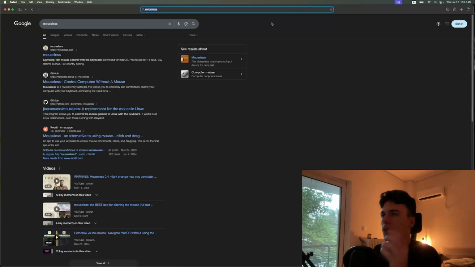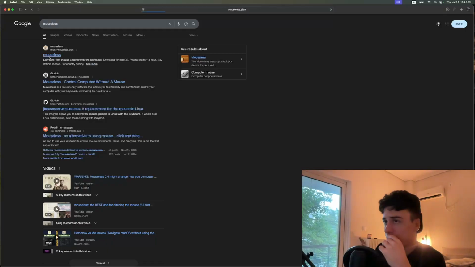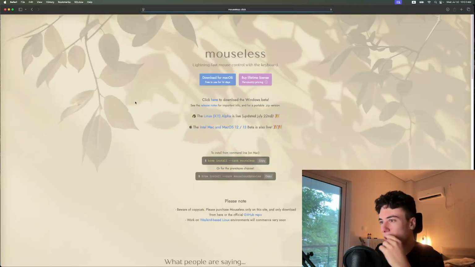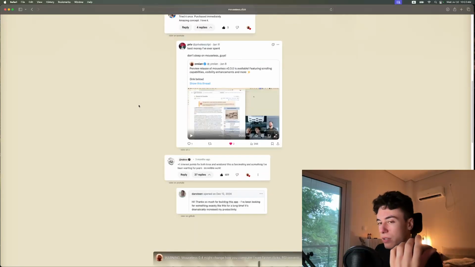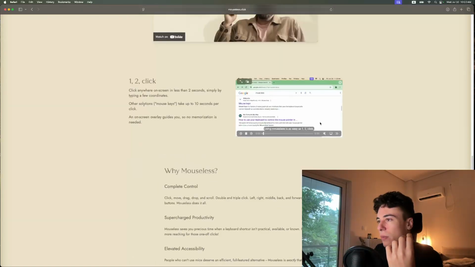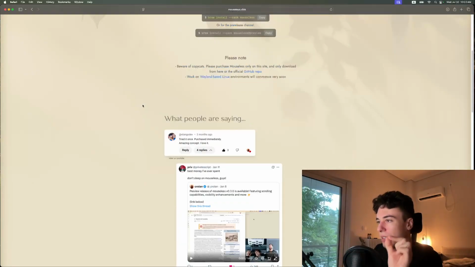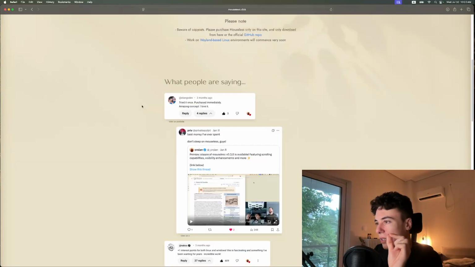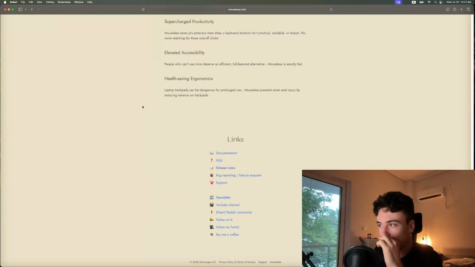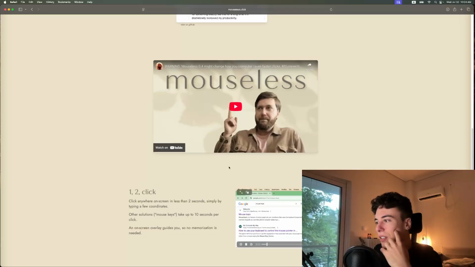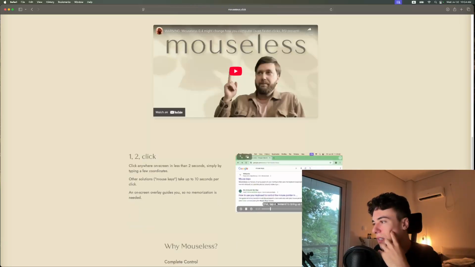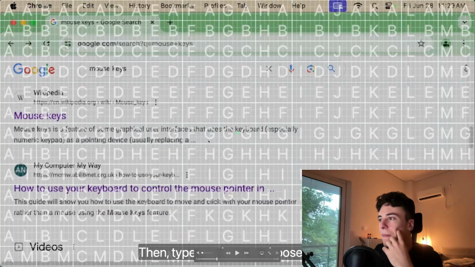There's something called Mouseless, I think. Yeah. So Mouseless is ubiquitous because it fundamentally works in a different way. You press a key. This is not very well designed. Yeah. So you tap something and it brings up this overlay. And then if you want to click, for example, here, right,